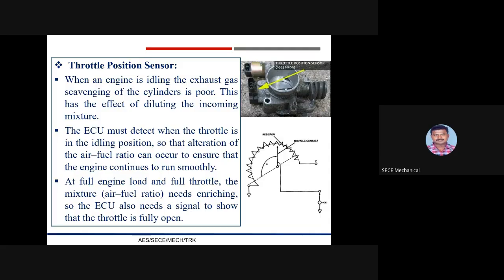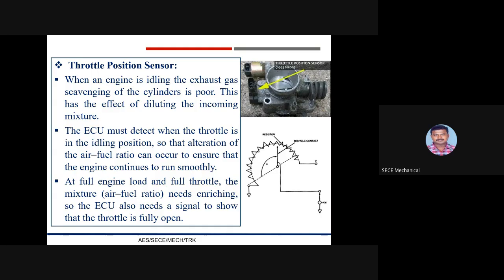Next, we can discuss the throttle position sensor. Why do we want to have the throttle position sensor? For example, you are going to drive an IC engine equipped automotive vehicle, so you are going to use your foot or hand to accelerate your throttle. When you rotate or press it, the throttle valve is going to get opened, depending upon the varying load condition on your vehicle. According to that,